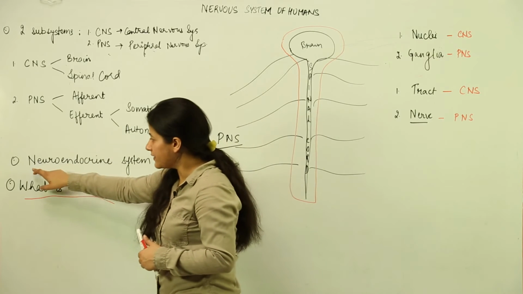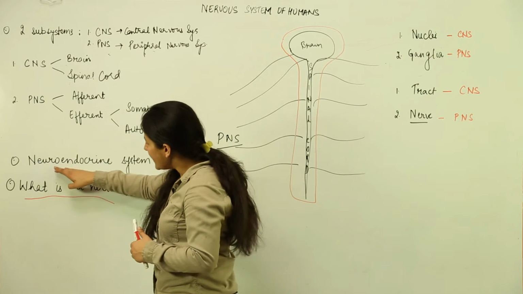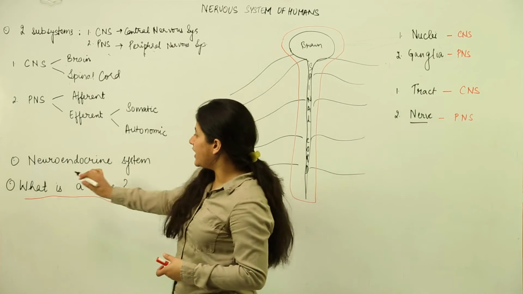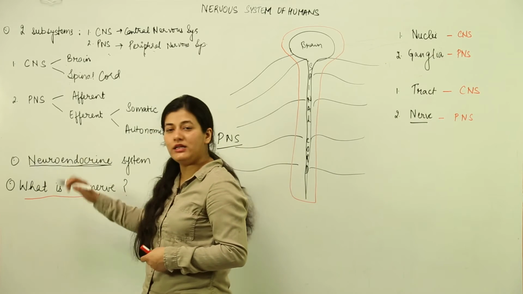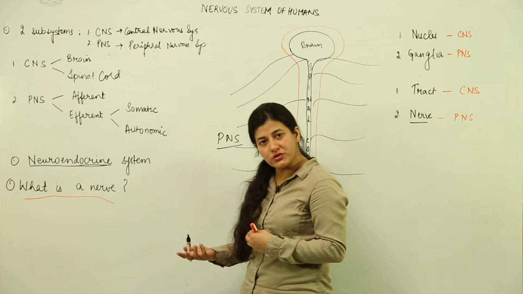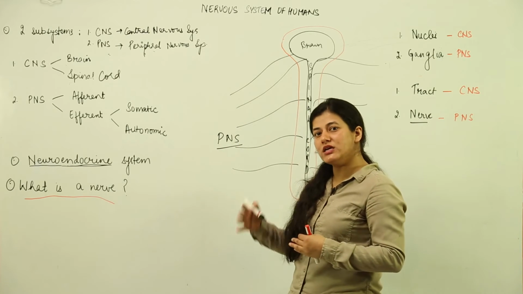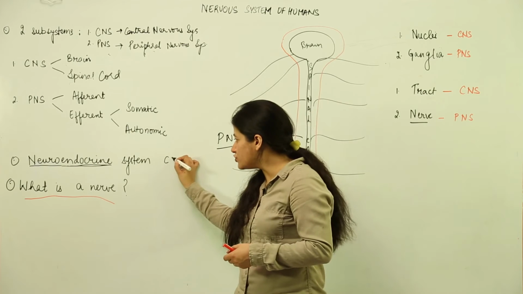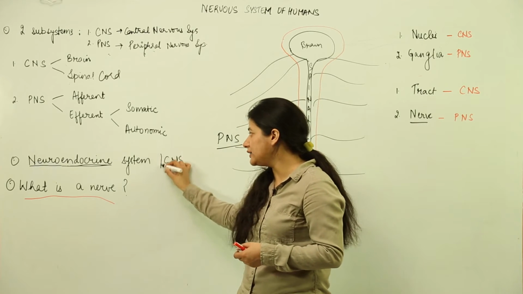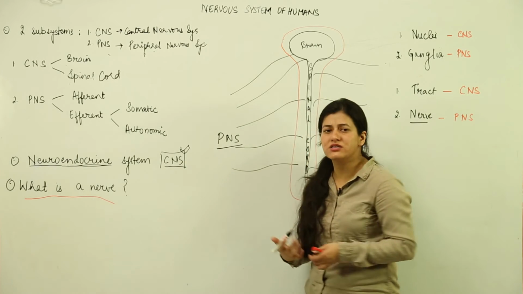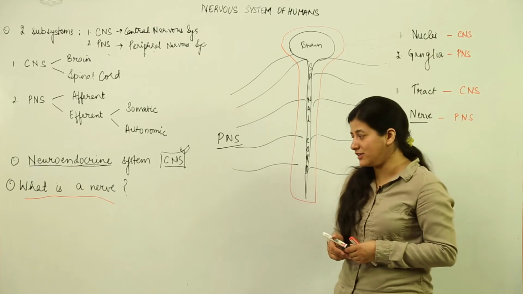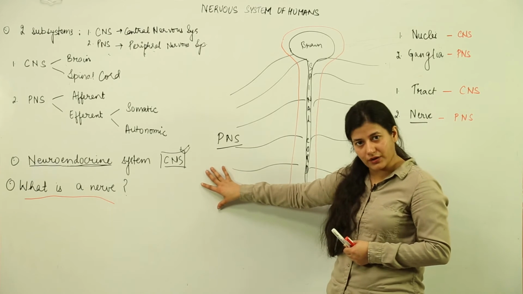As the name suggests, one has to do with the nervous system and the other has to do with the endocrine system, that is the endocrine glands, which are involved in the release of hormones in the body. Along with the nervous system and under the control of the CNS, that is primarily the brain, they help the body in maintaining various functions and homeostasis-like activities. So there is the neuroendocrine system.